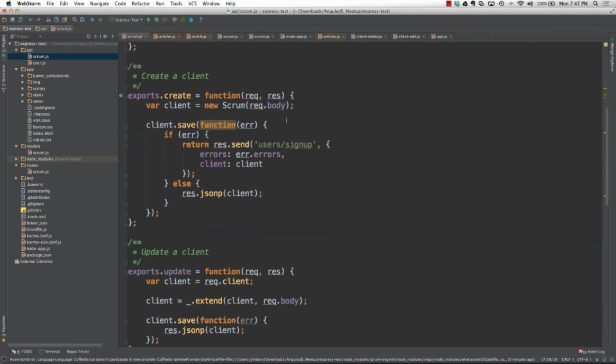And then with create, it's pretty much the same thing. He's going to create a new Scrum object, and he's going to use the request body. That's what the REQ is that's getting passed. This is your request, and then this is your response object. He's going to take that request body and create a new client, and then call save on it, and then you've got your handler function here that, once it's done persisting the object to the database, he'll call, and if there's an error, then he'll send back an error. Otherwise, he's going to send back the client as a JSON-P object,